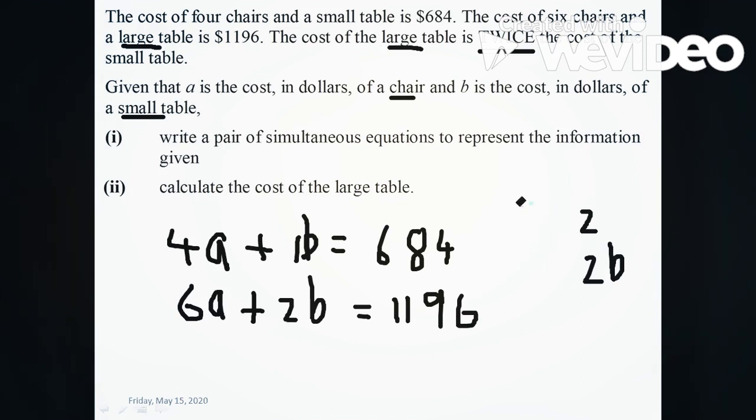So this is a simultaneous equation, and this answers the first part of the question: write a pair of simultaneous equations representing the information. It says calculate the cost of a large table. When signs are the same, we subtract. So what I'm going to do,